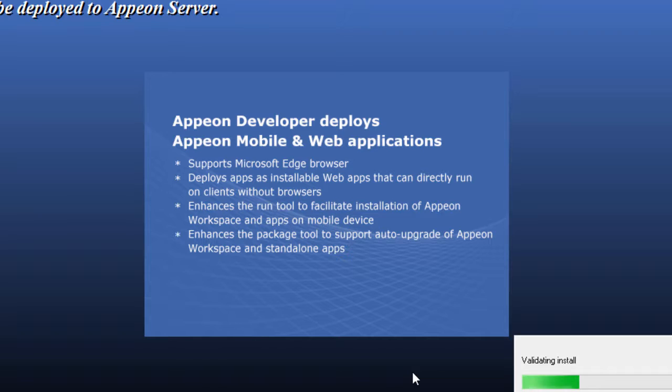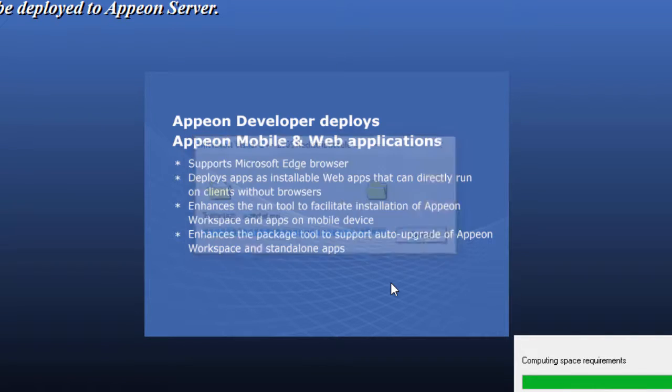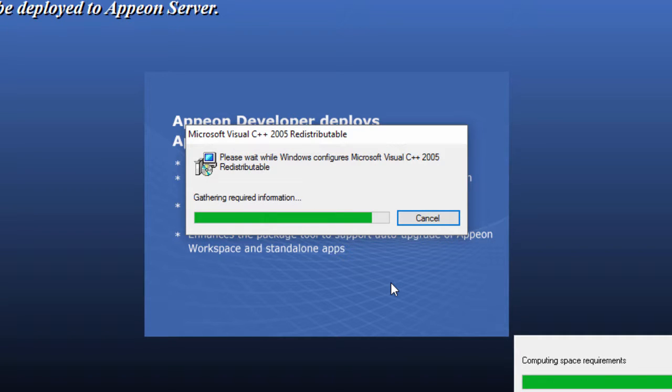You can see here it's going to install the Appeon developer inside the IDE. It's going to make sure that your workspace support is there inside of PowerBuilder and hook all the necessary pieces up to the IDE. As you can see, we're almost complete now. But the Appeon Developer 2016 adds some really cool features such as installable web applications. It allows you to install your applications directly to the desktop. Improvements to the installation of Appeon Workspace on mobile devices, and also while you're doing upgrades or deployments to Appeon